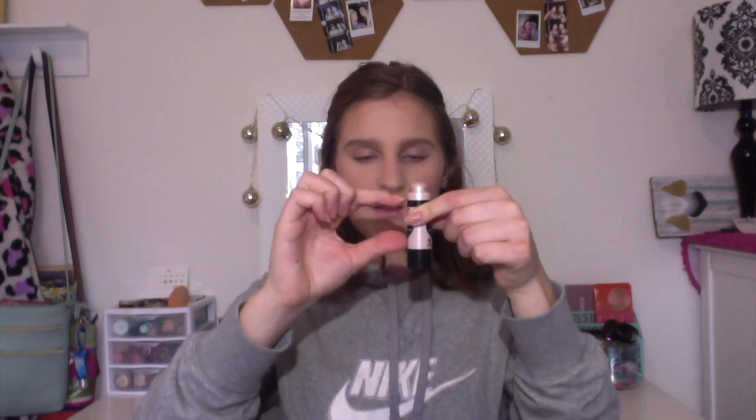For highlight, I'm going to take the Wet n Wild Mega Glow Makeup Stick in the shade Highlight. This is awesome. It's $4 at Walmart, and you get so much product. I'm not going to undo it all the way, but you get that much product. It's quite a bit for $4. Pulling it out, I'm just going to take the bottom part of my Real Techniques blending sponge and just kind of smudge it. I've already got foundation on my eyes, so we're just gonna call it good,